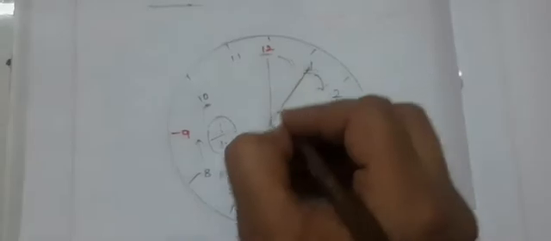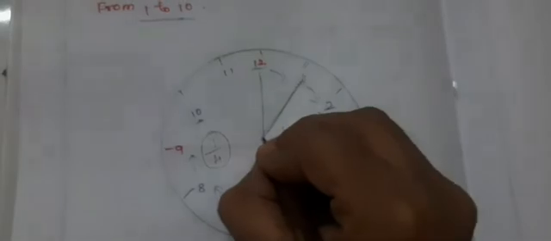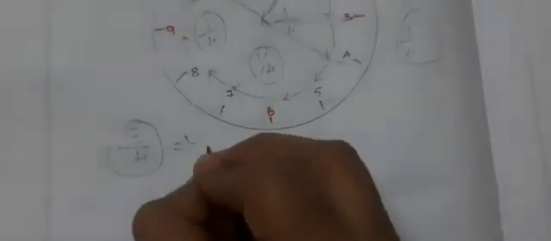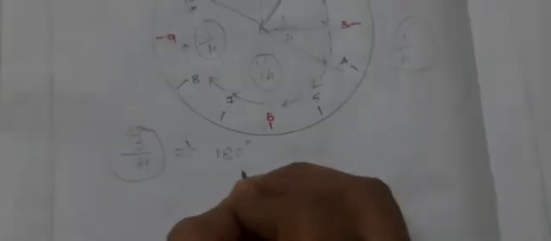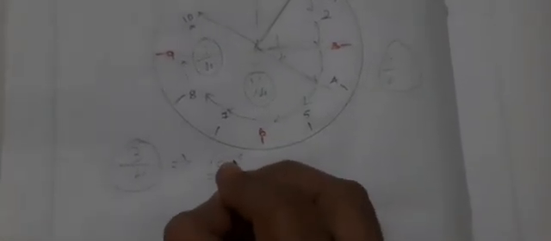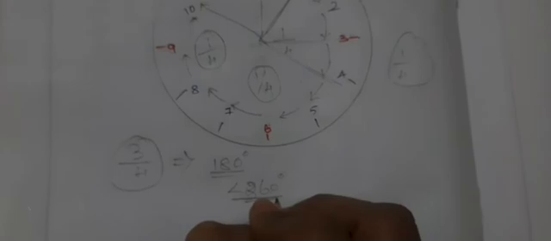Now again 7 to 10 it is another 3 hours, so that we get 1 by 4 of the revolution. So totally we got 3 revolutions. Where we started? We started from 1 and now we reached 10. So that totally there are 3 by 4 of the revolution. 3 by 4 means an angle greater than 180 degree and less than 360 degree. So an angle which is greater than 180 and less than 360 degree is said to be the reflex angle.